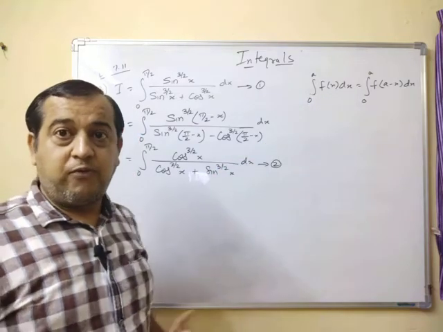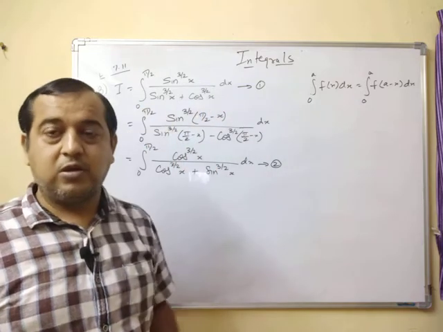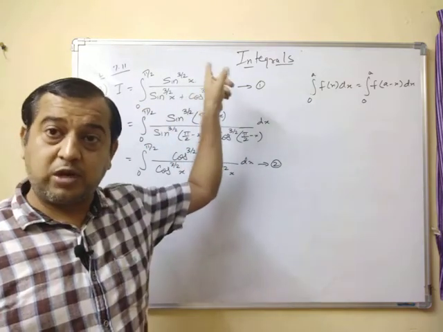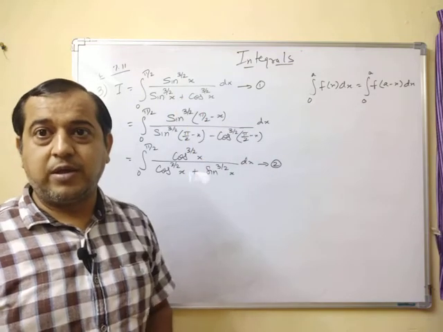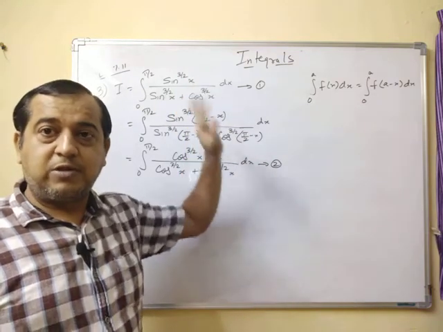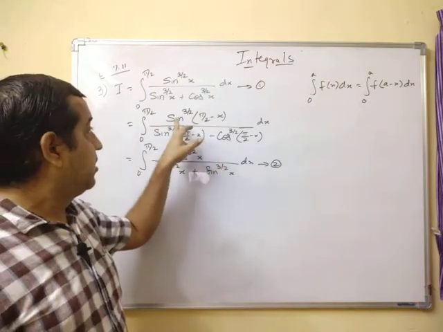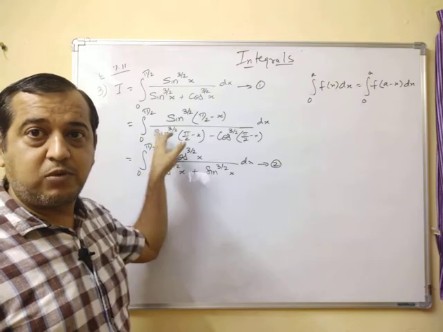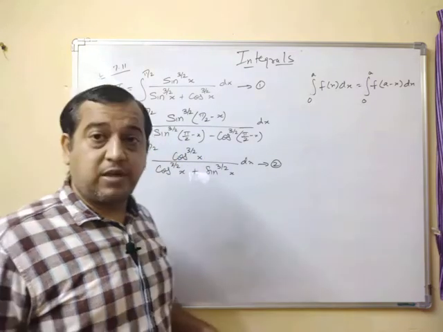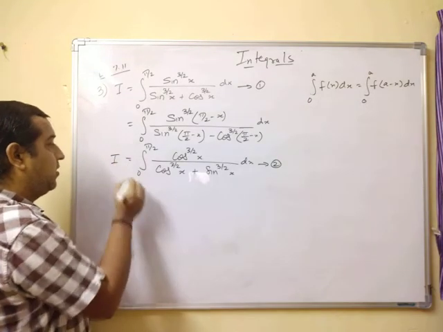In property P4, function will be same. Here the function is sin upon sin plus cos. Sin raised to 3 by 2 upon sin raised to 3 by 2 plus cos raised to 3 by 2. Okay, clear? The variable x is replaced by upper limit minus x, means pi by 2 minus x. We have replaced this. Now sin of pi by 2 minus x gives you cos x. In the denominator also sin of pi by 2 minus x gives you cos x, and cos of pi by 2 minus x gives you sin x. You get this. Okay. Now what you have to do?